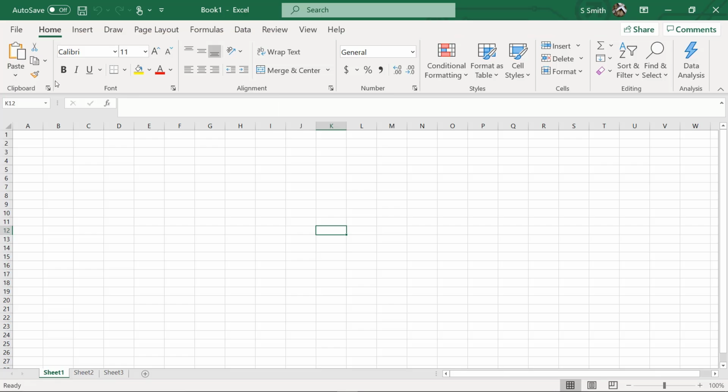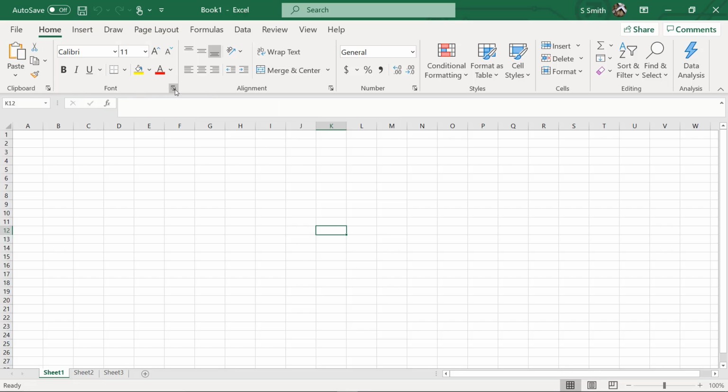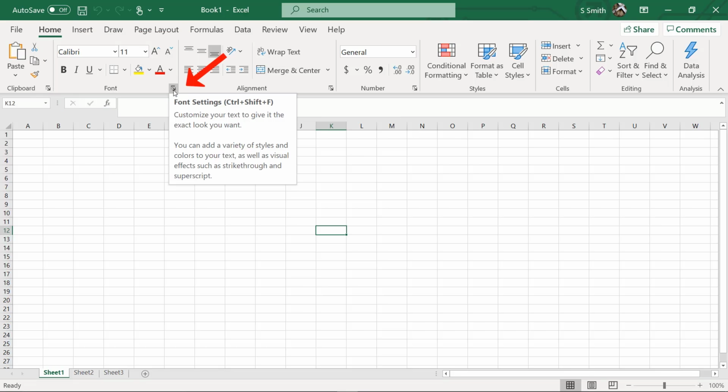And on each ribbon, there are certain groups of icons grouped together, and those icons grouped together are similar in what they are doing. Like in this case, we have the font group made up of a bunch of icons that are used for fonts, like bold, italicize, underline, a font color, etc. And there is even this button here that I can click. It's like a square with an arrow pointing down to the southwest.